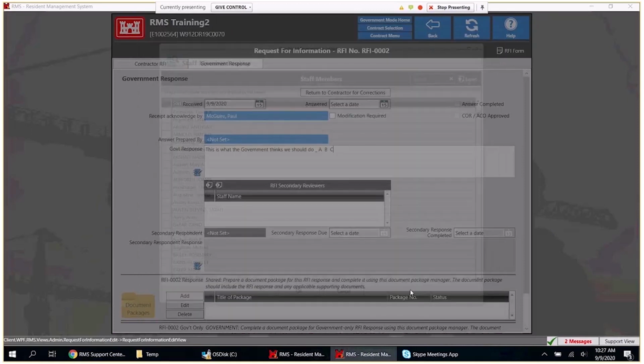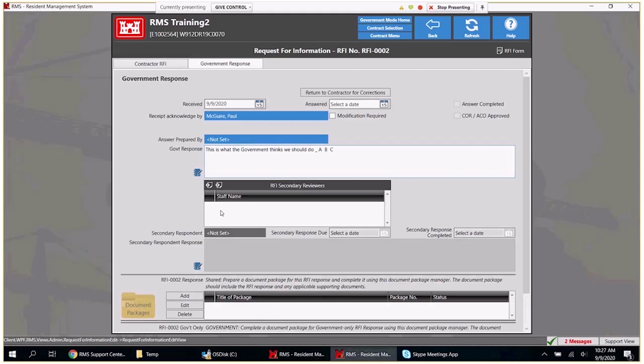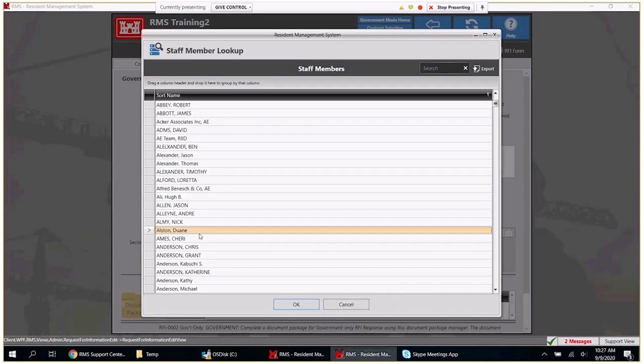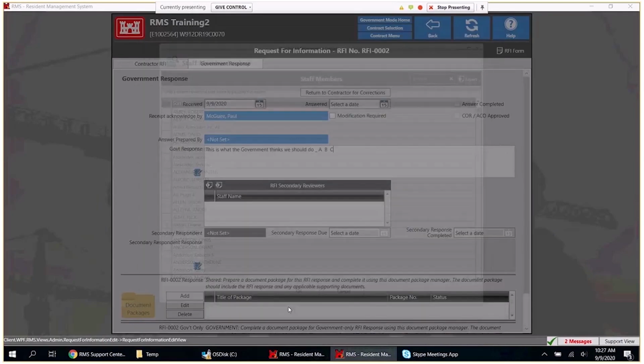So when we go and add them, they have to be staff inside of RMS. Once they've been added into RMS, they can go in and add their secondary reviewer remarks, put in a date, and put in a completed date, and that's all grayed out so that none of that can be edited. But you'll have to talk to your office administrator to create a staff entry for them if they don't exist. So for example, if we go in here and choose this person, hit OK,